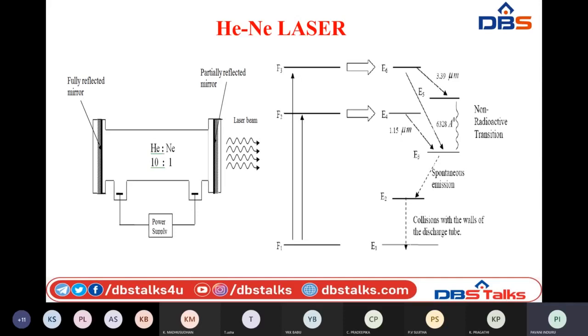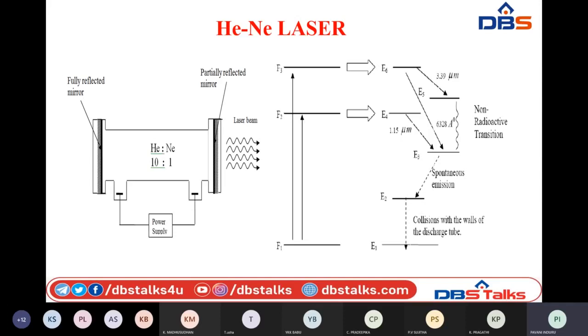That photon is absorbed by the remaining atoms present in E5 and E3. At that time there is a chance of stimulated emission. That means after absorbing one photon, another photon is released once again. This kind of process is continuously repeated between these four energy states. So from E3, it is going to fall to E2, and the laser action can take place between E3 and E2 with the help of spontaneous emission.